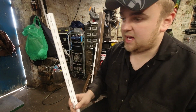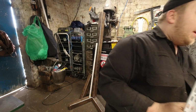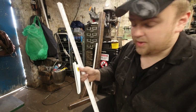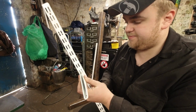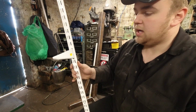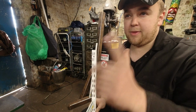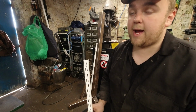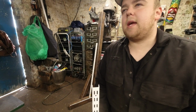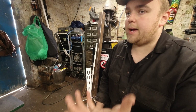These are available here in Great Britain pretty much everywhere, like a pressed out bracket. If you haven't seen these before, they're for storage, shelving, that type of thing in your garage, but I used it with the retail shop video that I did. It's worked great. What I'm finding is I've got 4 bench grinders now, and I